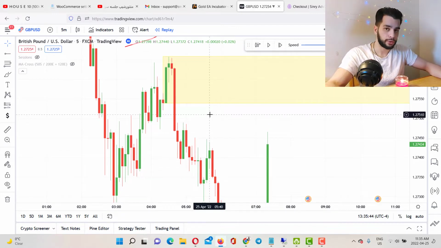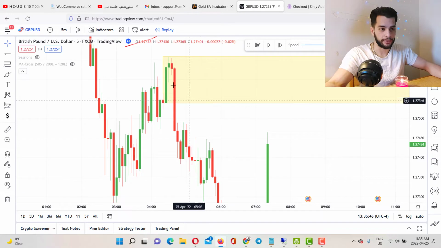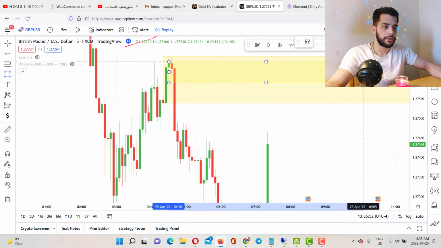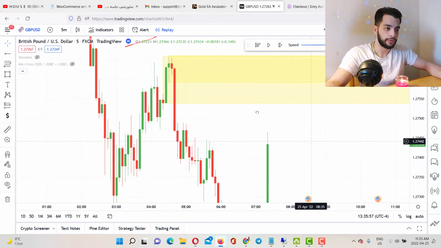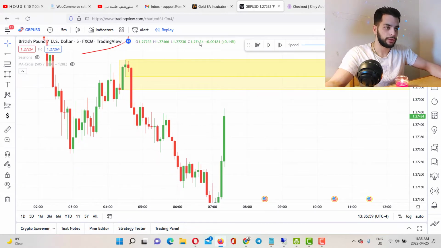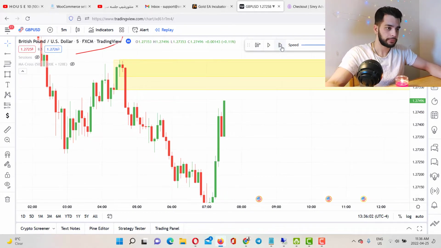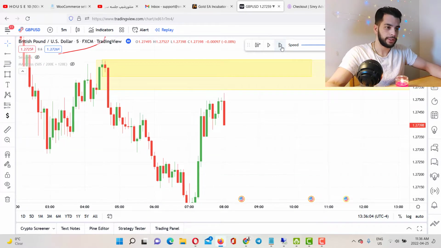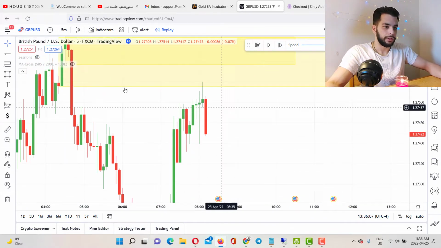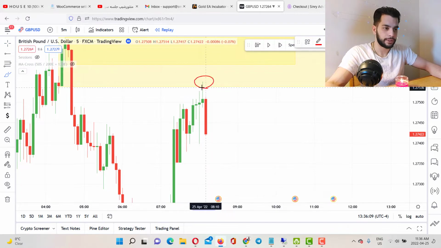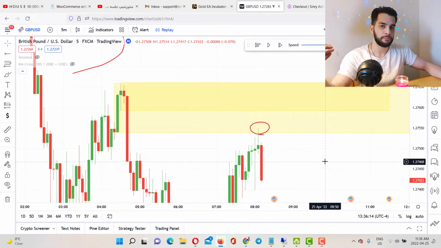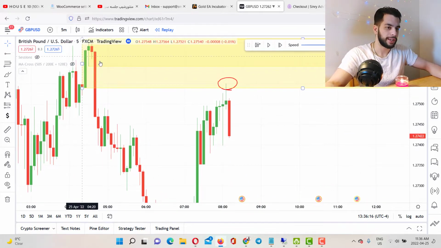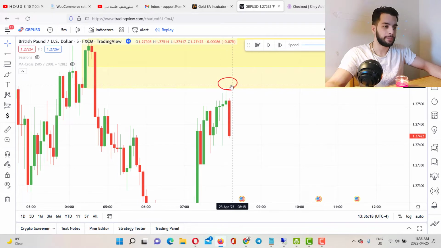For finding a high probability supply zone, you gotta find the last bullish candle, which in this case is this one. So even if you want to take the last one, it's gonna be from here to here. But since there are two bullish candles back to back, then we take two of them. And then I was waiting for the price to tap into this level, which actually it did. Let me show you. I was just waiting and waiting and waiting, and see that this candle literally tapped this one. So if I wanted to just take the last one, it would never reach that and I would have missed the opportunity. But since I took the last two, then I know that it literally tapped into this level,